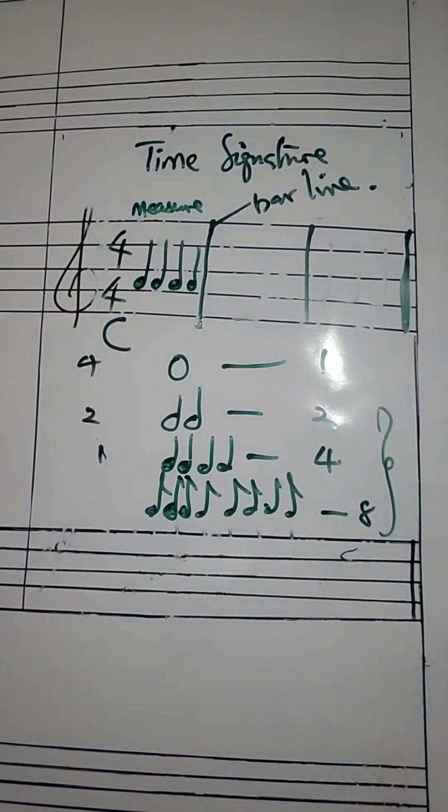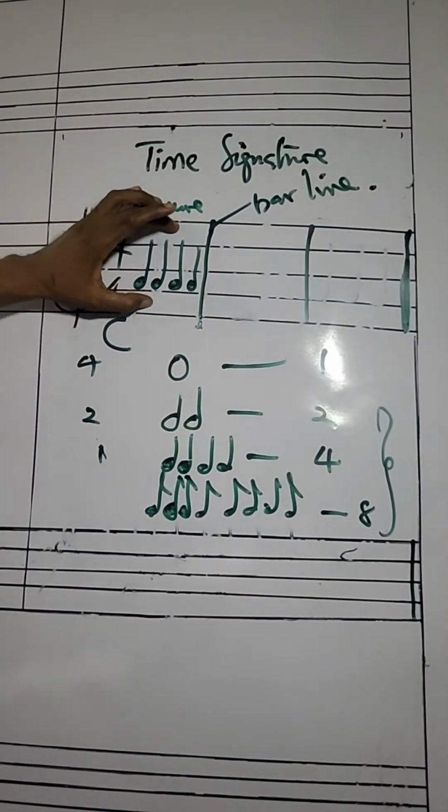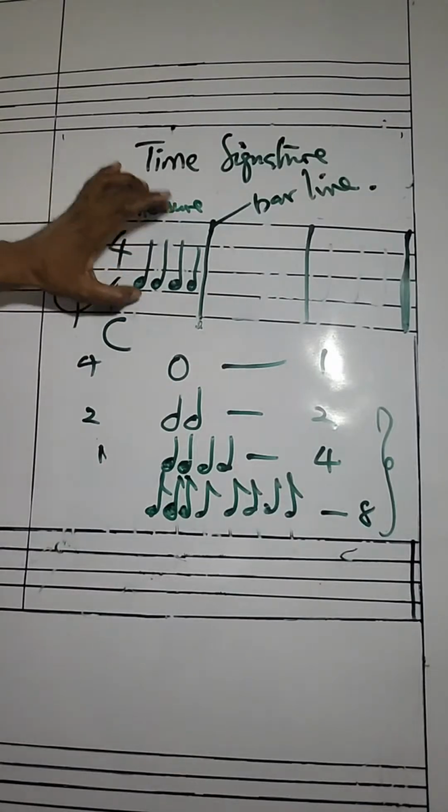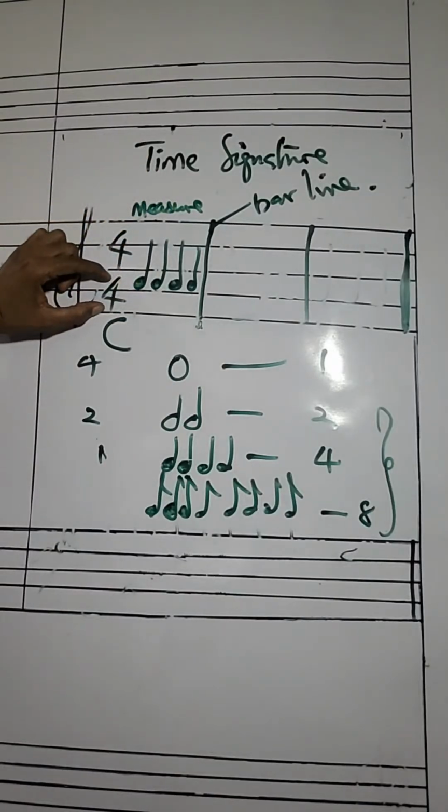These are your quarter notes, right? It's not necessary I must always have 4 quarter notes in a bar. But I must have something that is equivalent to 4 beats in each bar. So it is not necessary I must have 4 quarter notes. Right. So if I have this